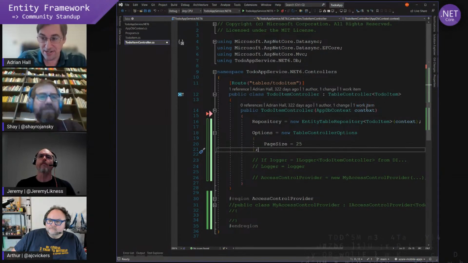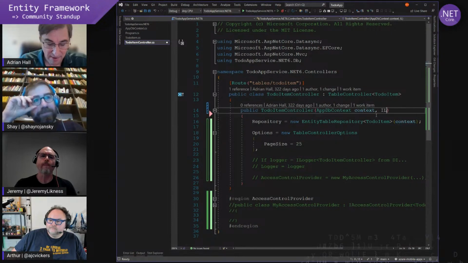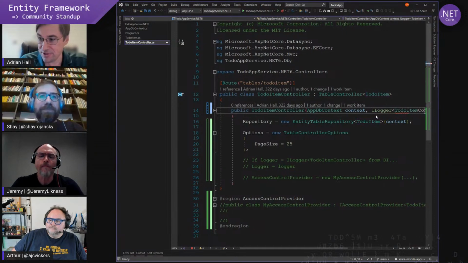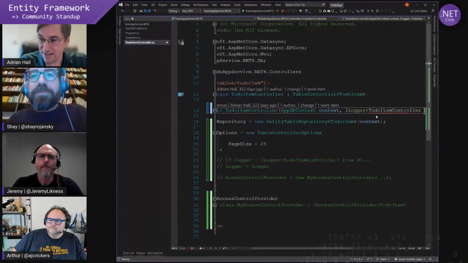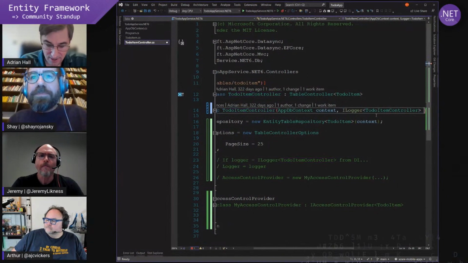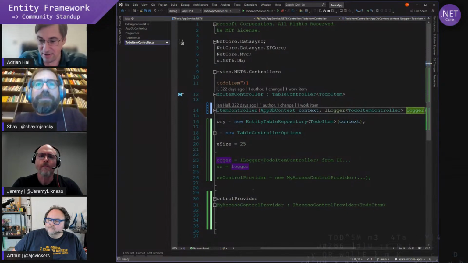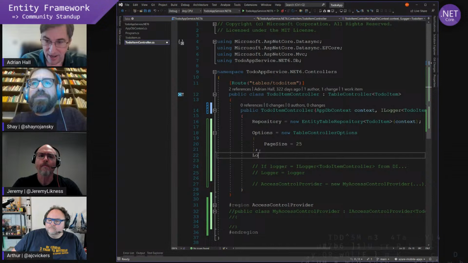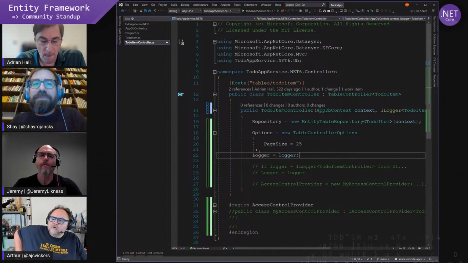So if you add an ILogger here, so again, dependency injection, to the item controller, logger. So if you inject it there, I can now specify here logger equals logger, and it will just work. I see.